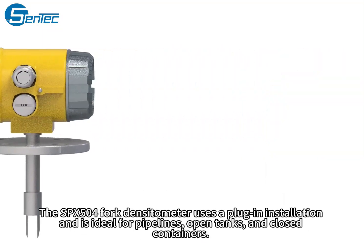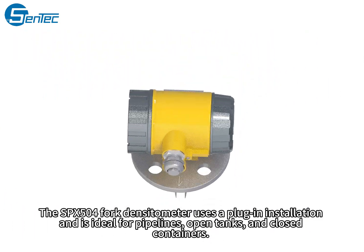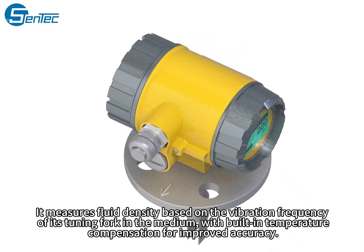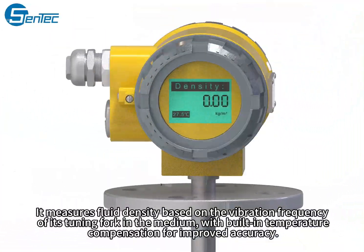The Speaks 504 fork densitometer uses a plug-in installation and is ideal for pipelines, open tanks, and closed containers. It measures fluid density based on the vibration frequency of its tuning fork in the medium, with built-in temperature compensation